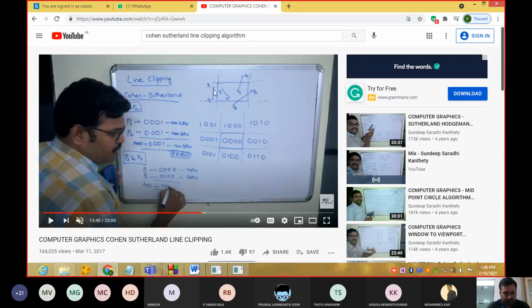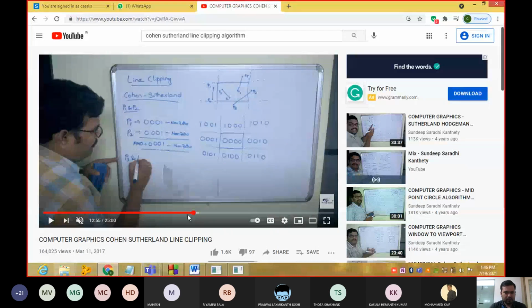So point one is this one. Point 2 is this one. Point 3 is this one. Point 4 is this one. He is making the AND operation there. Just go through this one.